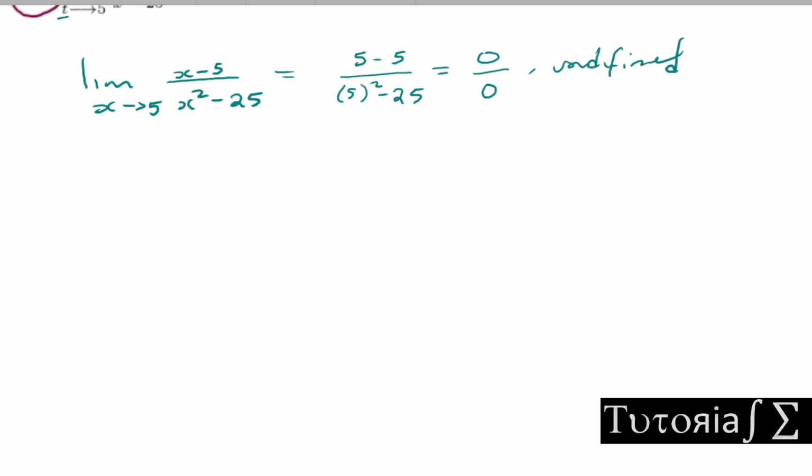For all these that are quotients, they have a numerator and a denominator like that, and there are no radicals there. The approach that you take for these is you just differentiate the numerator and differentiate the denominator, and you apply the limit again. This is called L'Hopital's rule. So by L'Hopital's rule,